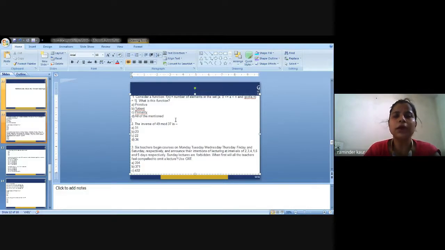understanding, because if you could not understand anything, that question will be discussed in the upcoming lecture. I will discuss that question in the next lecture. So if you are having any doubt, you can mark that question. We will discuss that question in the class again. So just have a look at all the 3 questions. I am showing it to you.